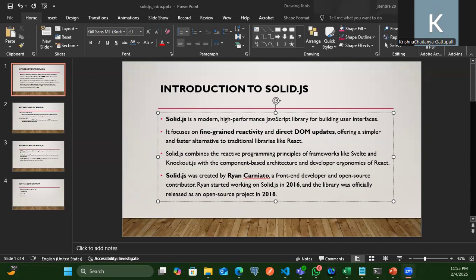In this video, we will discuss solid.js. Solid.js is a modern and also high performance JavaScript library. It is basically used to build web interfaces, UI, basic designs. It focuses mainly on fine-grained reactivity. This is just like one of the upgrades over React DOM, and